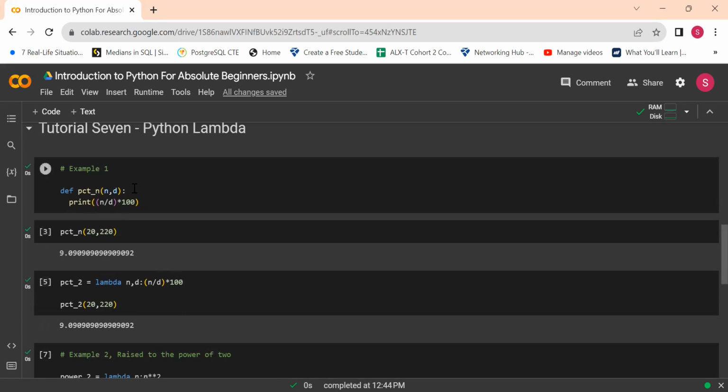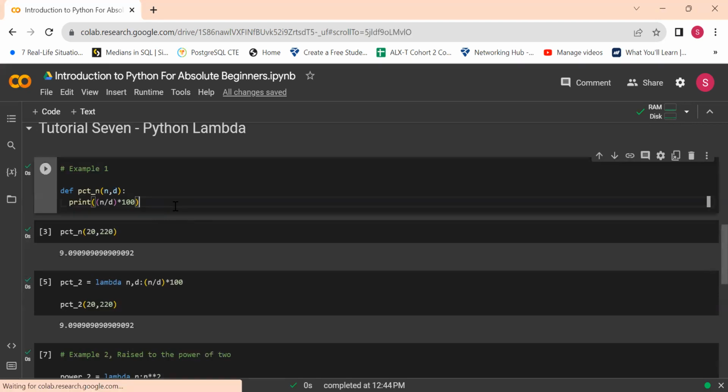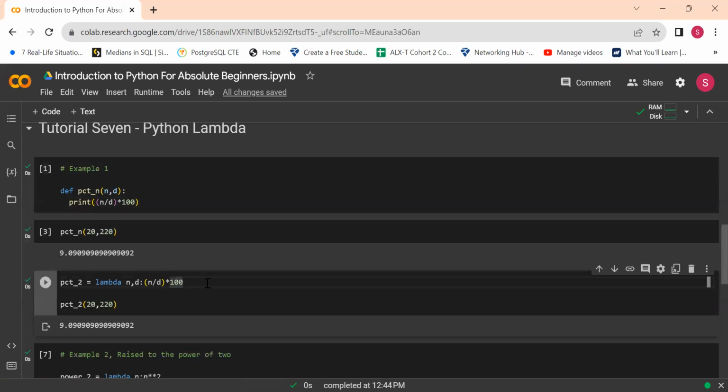Look at what you have. And if you are not using the function to start with, it would be a longer process. I'd say not really tiresome, but you want to be as efficient as you can be. So utilize definitions, utilize functions, and utilize Lambda to make your code cleaner, more efficient,